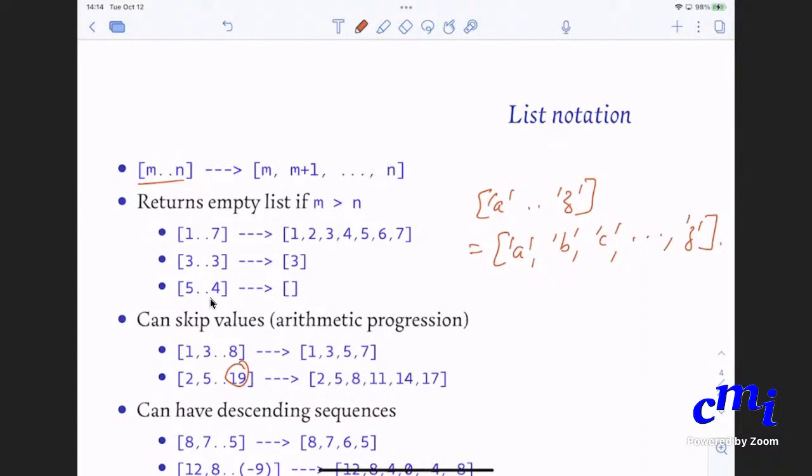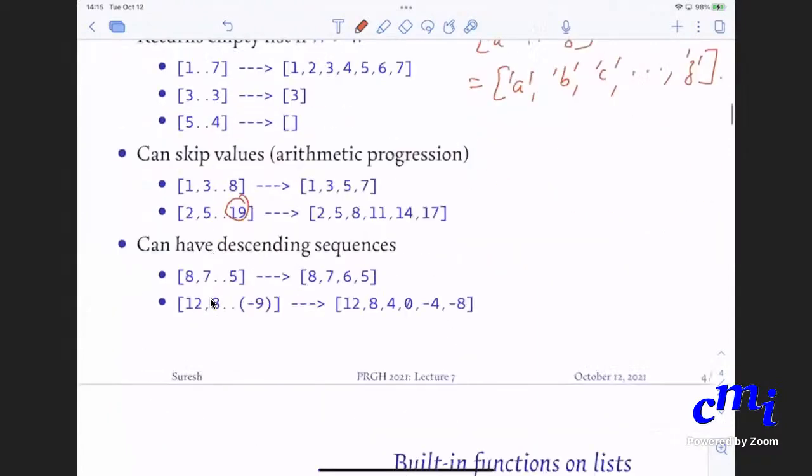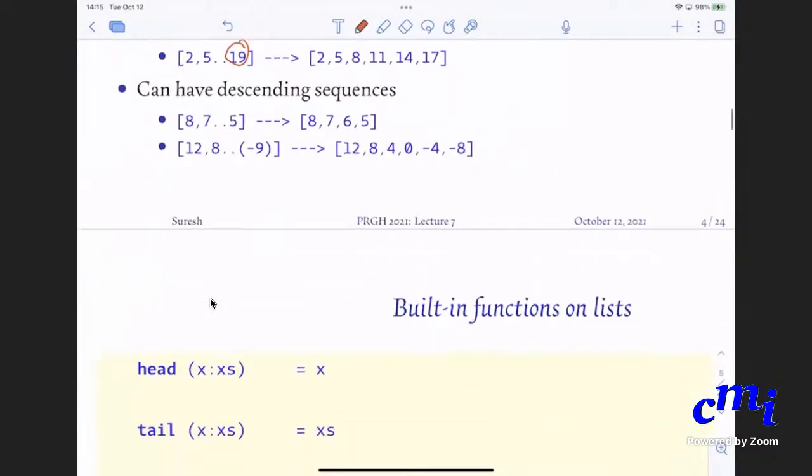So that is why it returns the empty list. In fact, didn't we program this? We called it dot dot, and one of the cases we had was what happens if the second argument is smaller than the first argument. So we'll do all this in GHCi in a bit. I'll just present the slides for now. Then at some point we'll break and go to GHCi.